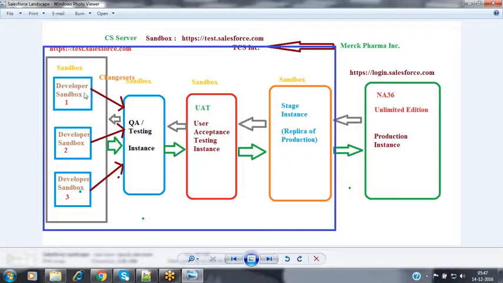Now here, whenever the client purchases the Salesforce license, then Salesforce is going to provide the production license. In their production instance, in the production server, they are going to allocate some amount of memory. Depending upon the country the client is associated with, Salesforce is going to allocate the memory inside that associated region's available server.